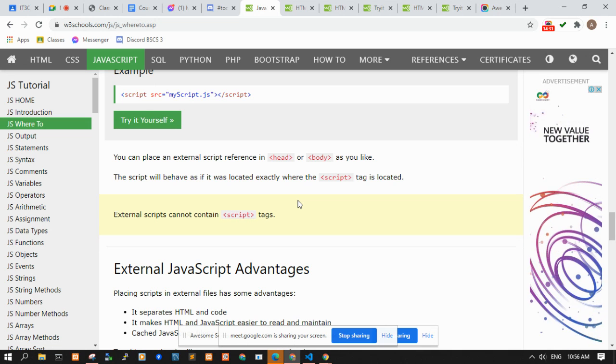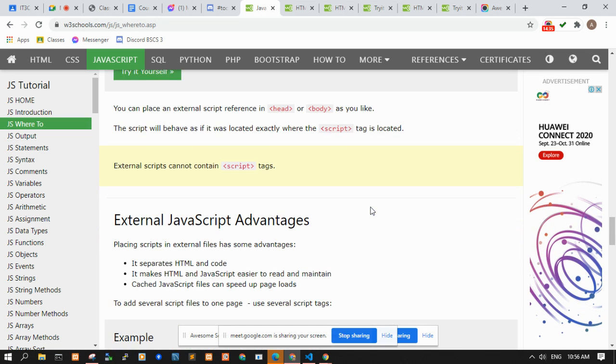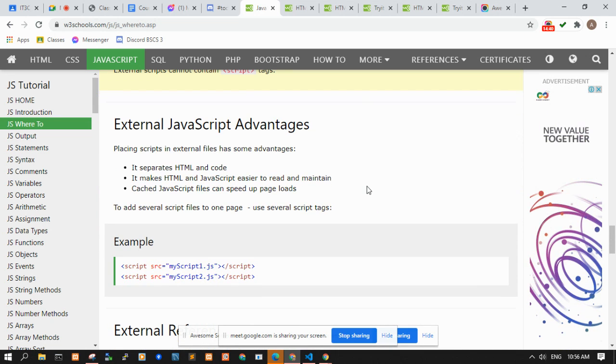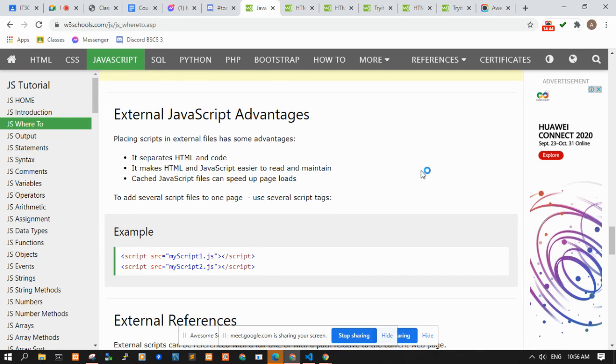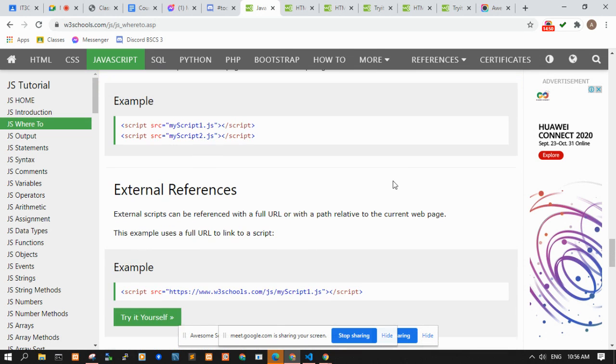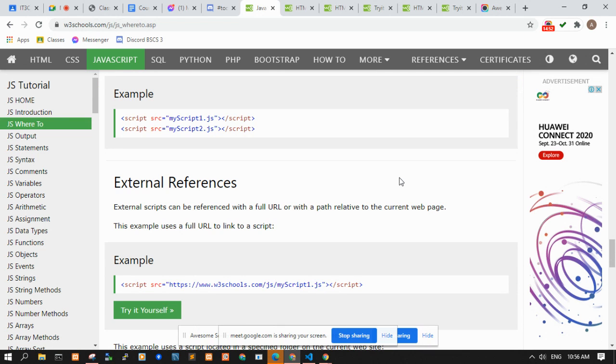So any unnecessary scripts you need to remove from your page. For example, there is a script for creating charts, but you are not displaying charts in your web page. You have to remove them, or you don't need to include them.